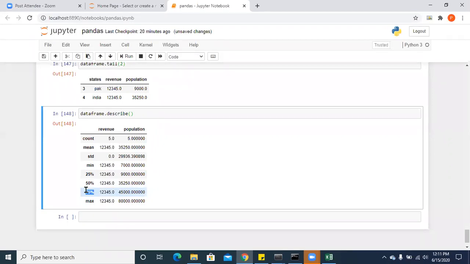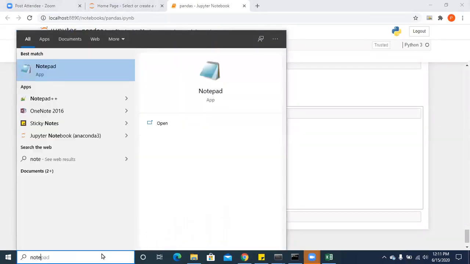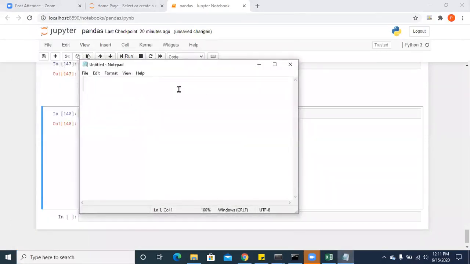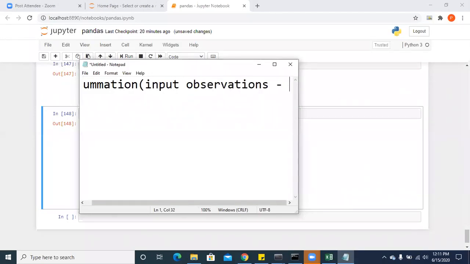All right. But, and coming to, you know what mean is? What standard deviation? Standard deviation is nothing but the summation, sigma of input observations minus mean whole square.